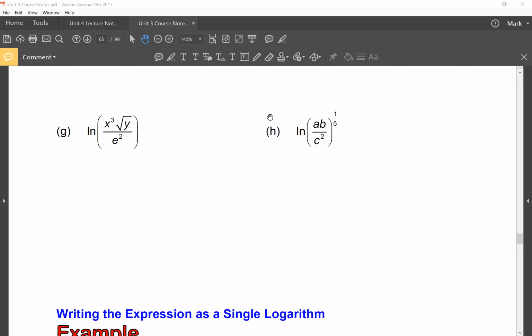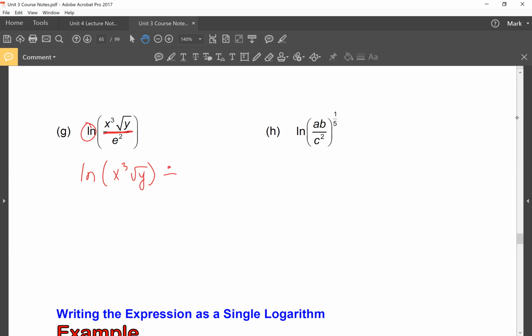All right, let's have a look at this one. Same thing, right? If this said log, it wouldn't make much of a difference. We're going to follow our properties. The first property I'm going to use, because it's division, is to subtract. So this would be ln of the cube root of x y